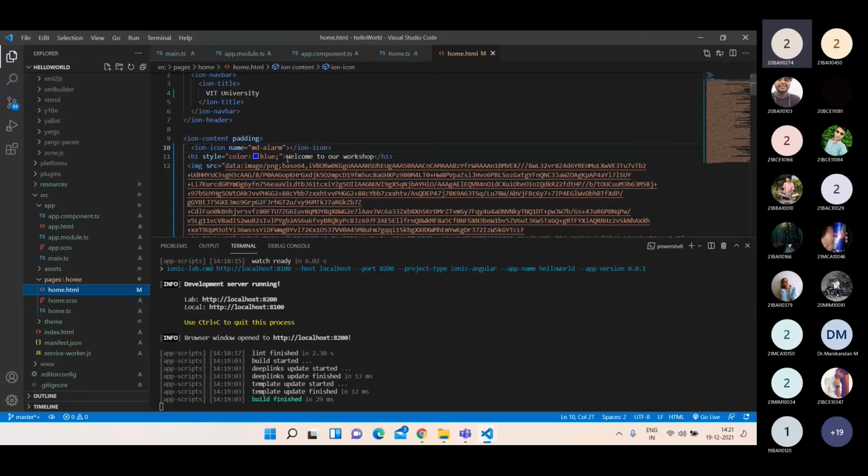Yes, sir. Okay. And there is one more important thing in Angular, in Ionic, called eager loading and lazy loading. Have you ever come across these two terminologies before? No, sir. Okay, let me tell you. You are creating an application. Let's assume the application has 50 screens. If one screen takes a minimum of 1 second to load, how much time will 50 screens take?